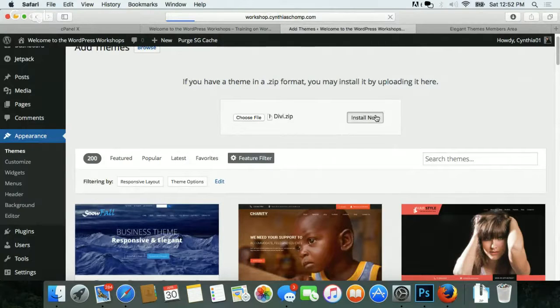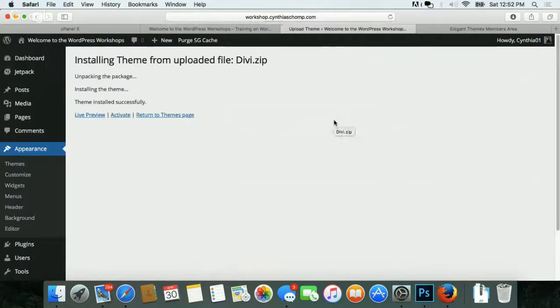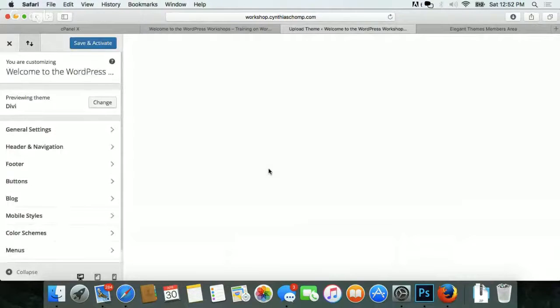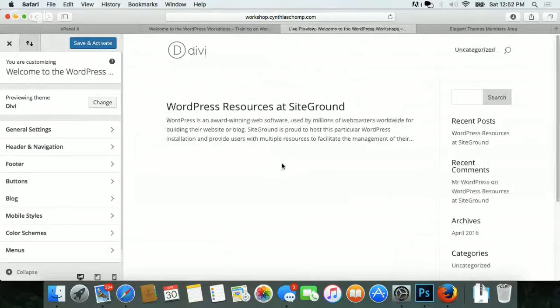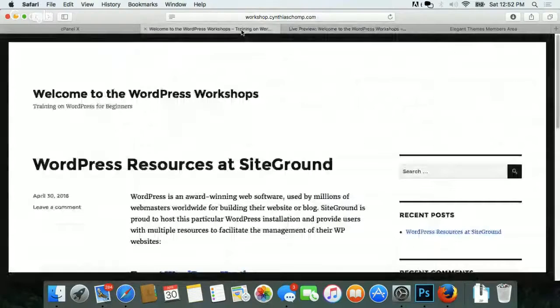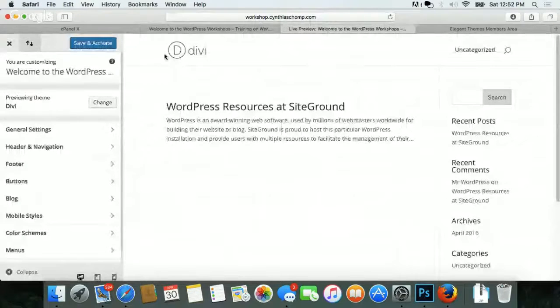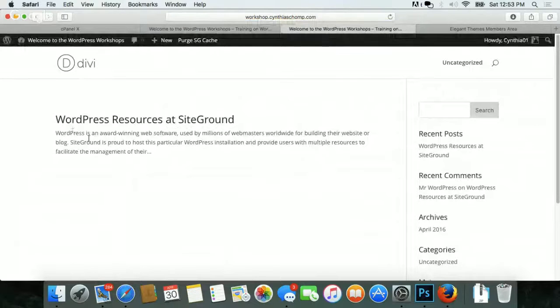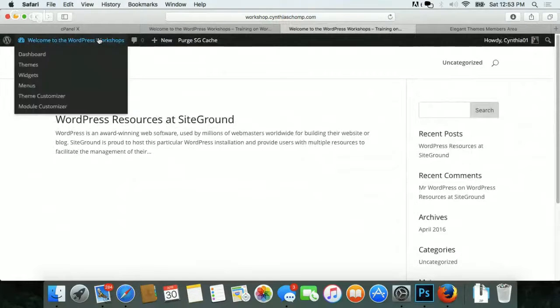Did it click? No, it's going. Okay, so it says installed successfully. Now if we activate it, we can do a live preview first on these. We have nothing in the website, but you can see kind of the difference between this. Here's the basic outline of it versus that. So a little cleaner to work with. You know how to hit save and activate. And now what we were just in was the customizer. So if we go to theme customizer,